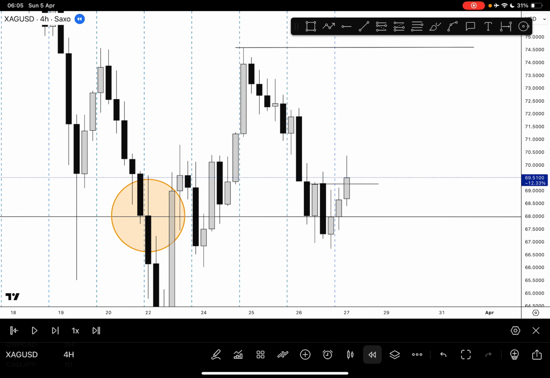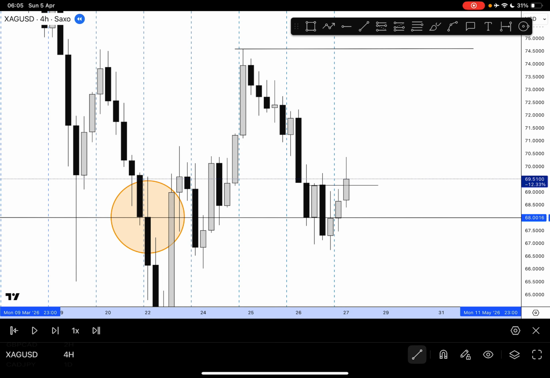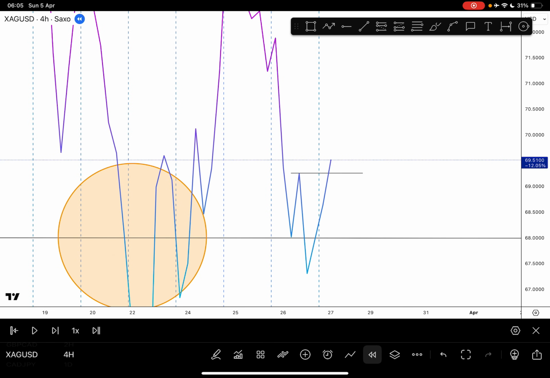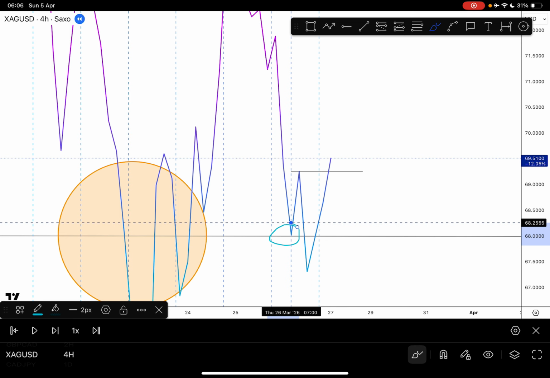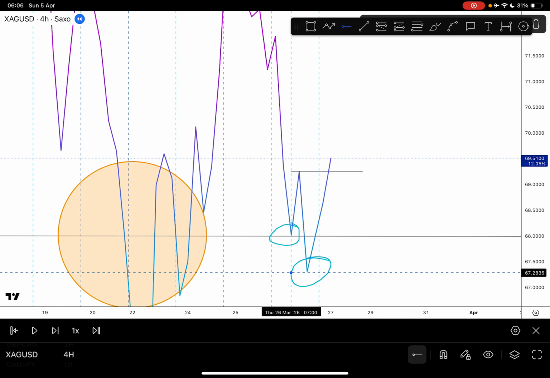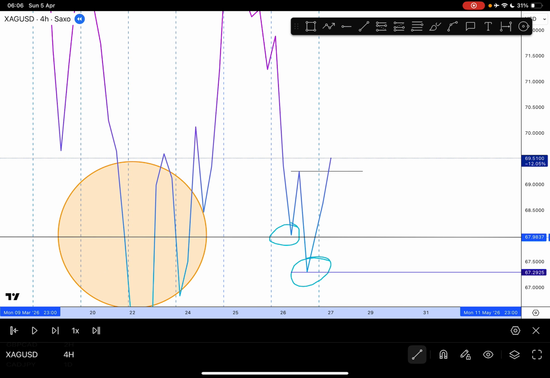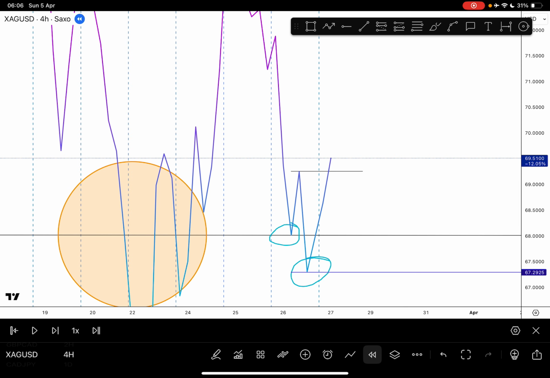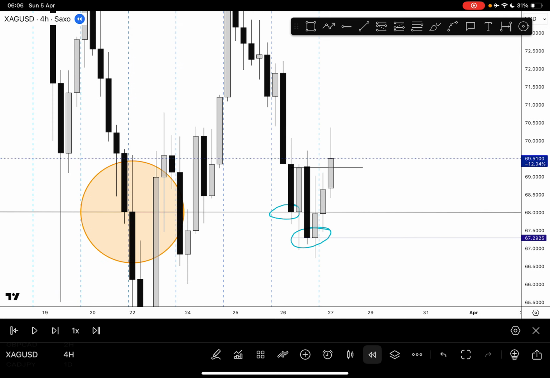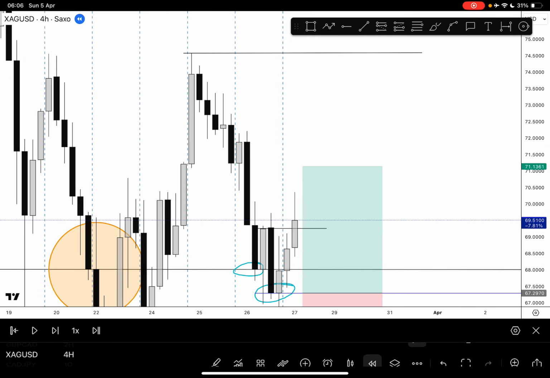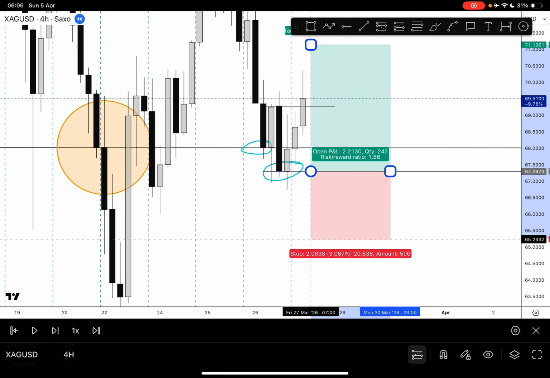I told you guys that we can use QM or Apex. Now, where's your Apex level? Where's your QM? This is my QM. This is my Apex. So we mark out the two of them. Obviously, I like to use the one closer. I don't like missing entries. If you use this one, no problem, you'll be looking at scoring